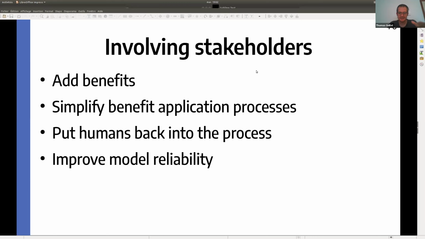And last but not least, we really want to help them help us. We want them to help us improve our model.